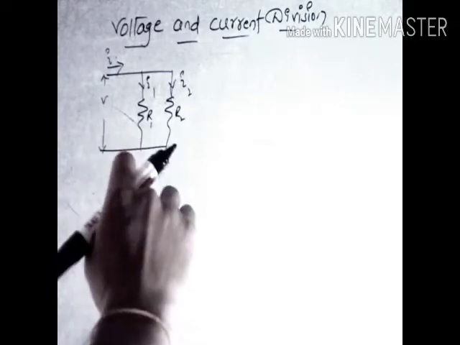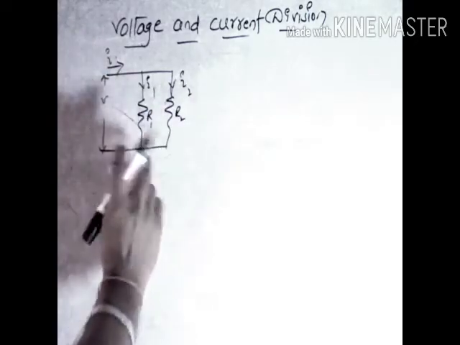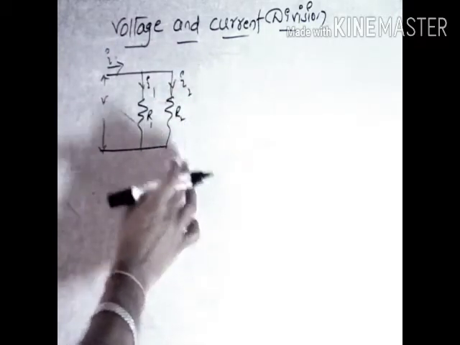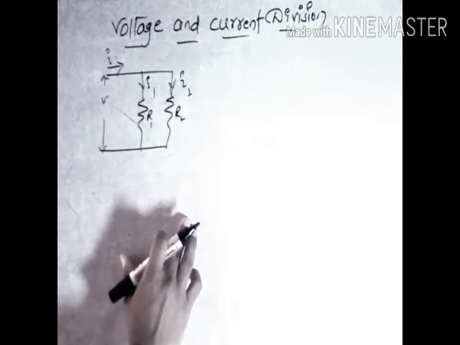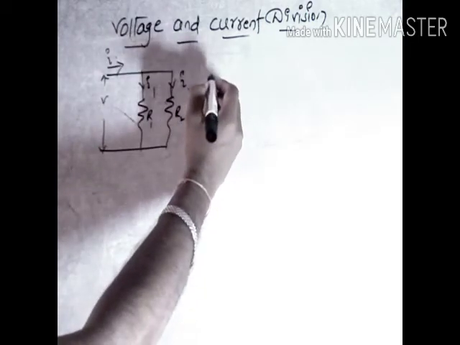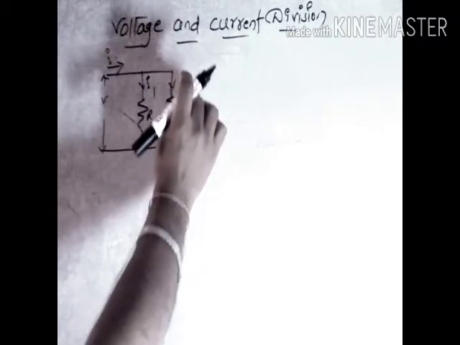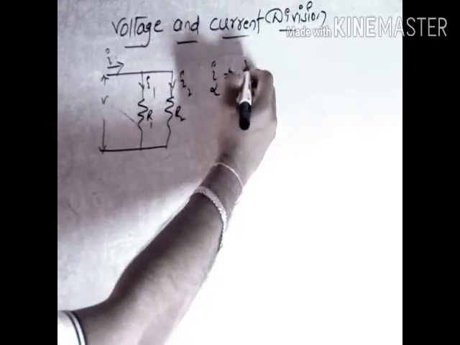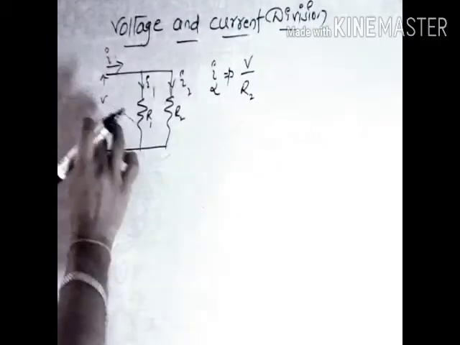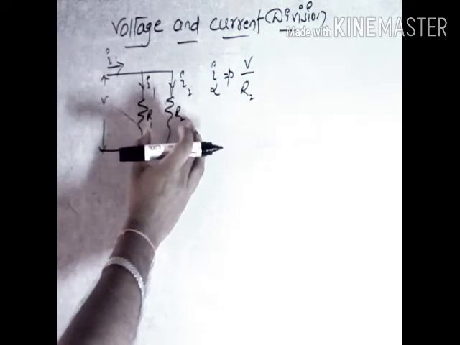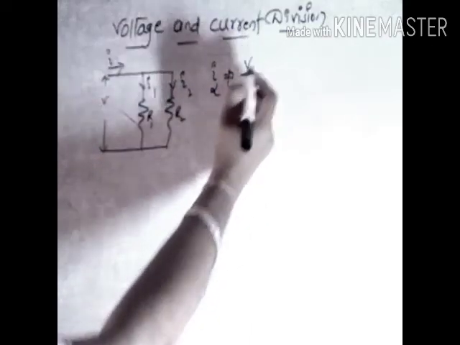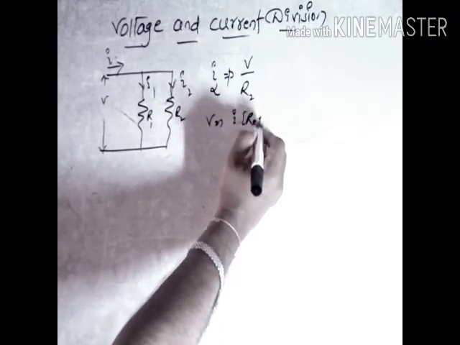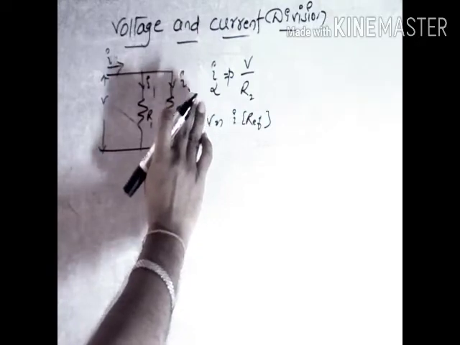And current division. Current division is applied in parallel circuits, where the current through any element is required to be calculated. We will apply this shortcut process, the current division process. Suppose I have to calculate I2, which equals V by R2, where the voltage across all the elements is the same in parallel circuits. But V equals I into R equivalent, the total R equivalent.